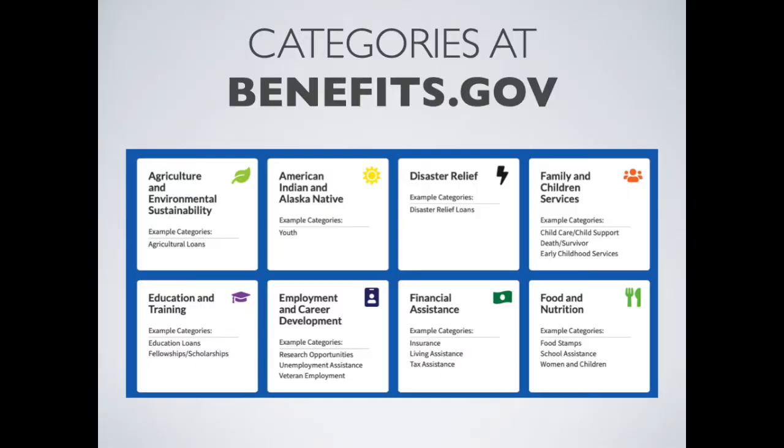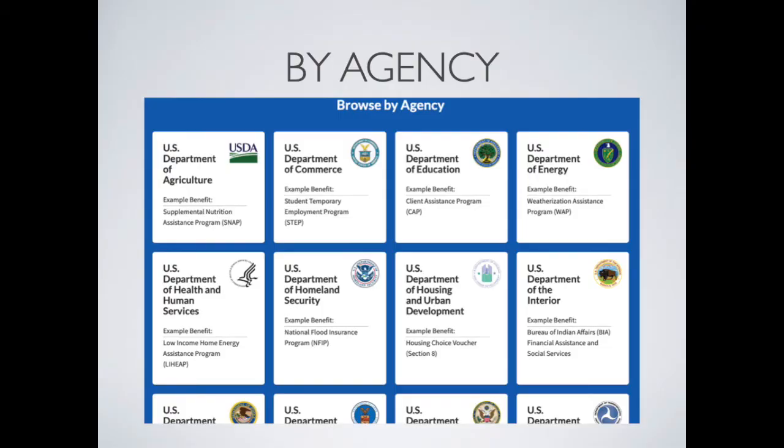We use that one as an example of the particular purpose because we were looking at living assistance under benefits.gov. Let's look again at benefits.gov at the different agencies that are listed there, because I want to show you how agencies, as we just touched on, work, since TANF is a federal program that's administered by the states. If you look at the agencies on benefits.gov, just like you can look at benefits by category, you can look at them by agency, and you see some of them listed here.